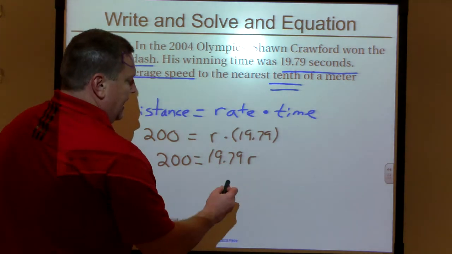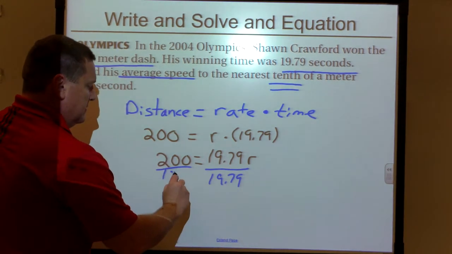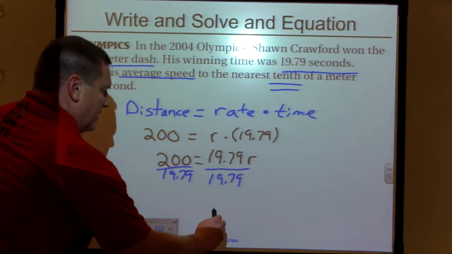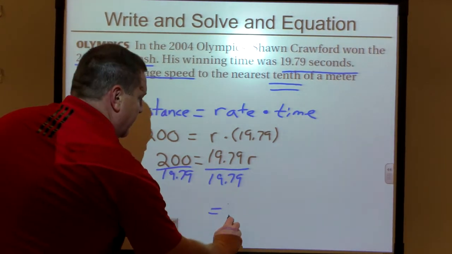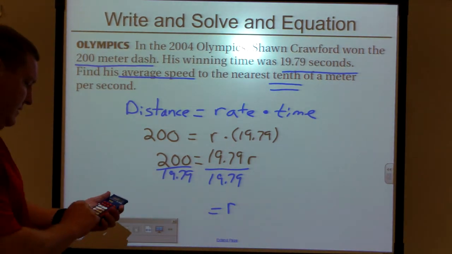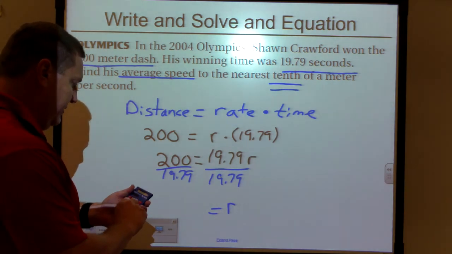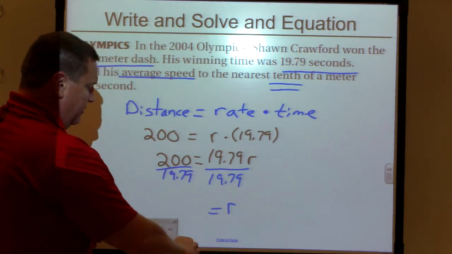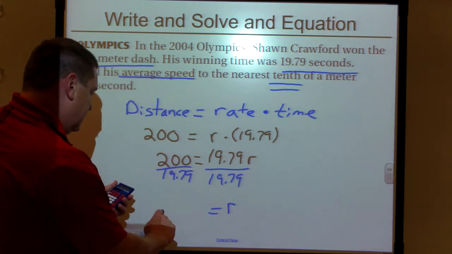So we're just going to divide both sides by 19.79. And this should tell us the meters per second. 19.79 over 19.79 is 1. 1 times R is R. And then we're going to use a calculator to take 200 and divide it by 19.79. You'll notice we have decimal values going in, so it's okay to have decimal values coming out. And that gives us